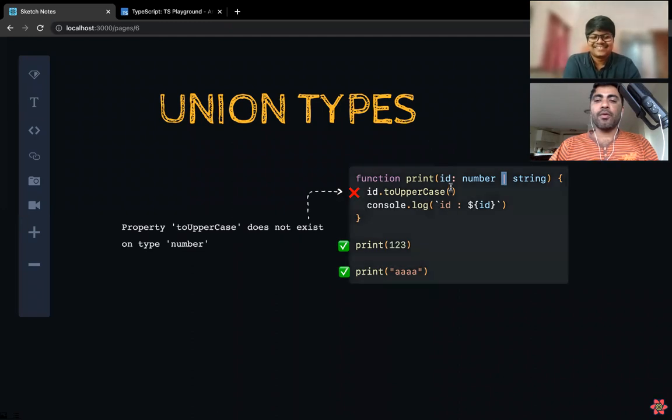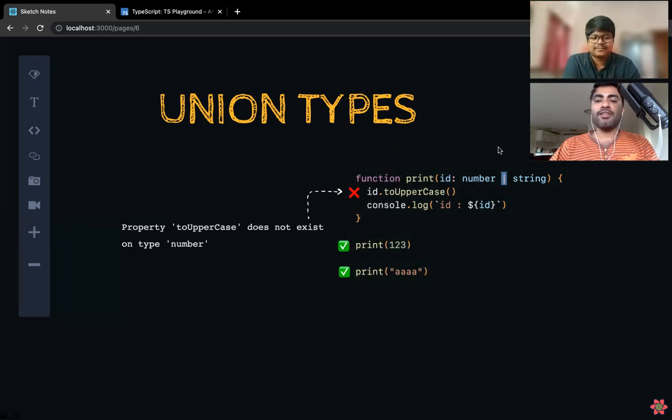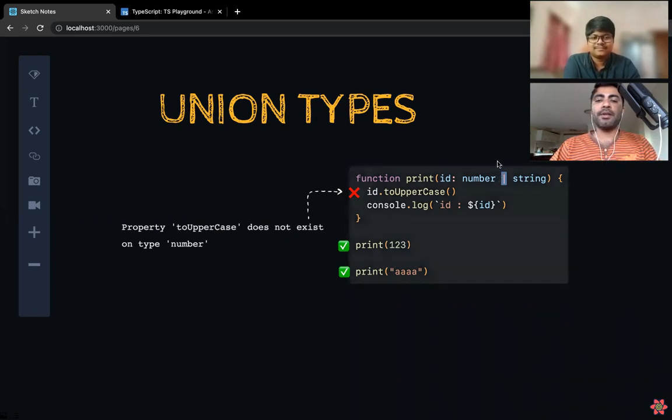Yeah. So last time we saw very primitive types like number and string, but we can specify the attributes of both types as well. Number and string together is not possible anyway, there is no such type. But what it is basically saying is, if we give this union operator separated by this pipe symbol, you can pass a number or a string. For the example below, we can pass print 1, 2, 3, or print a string. It won't complain to you.